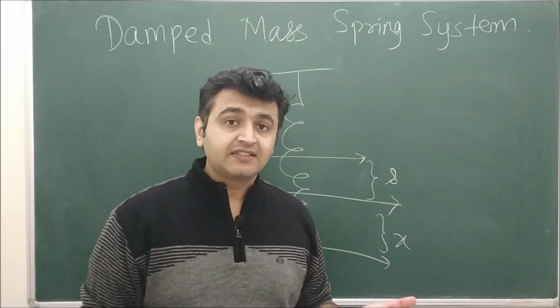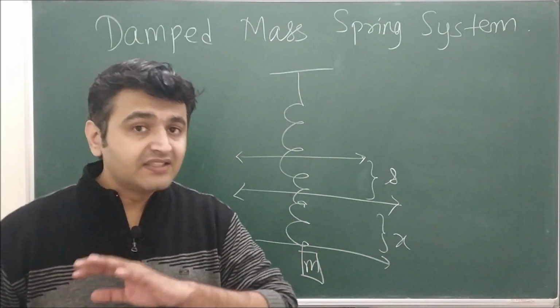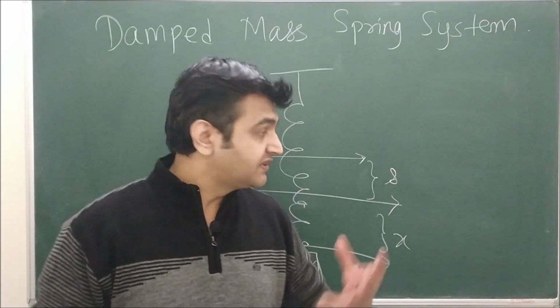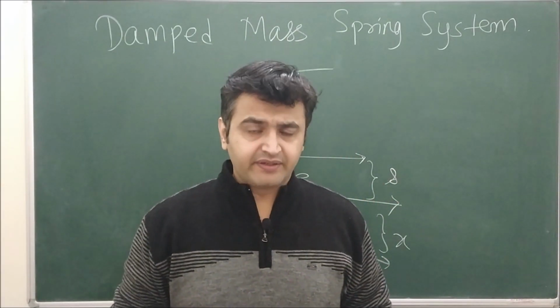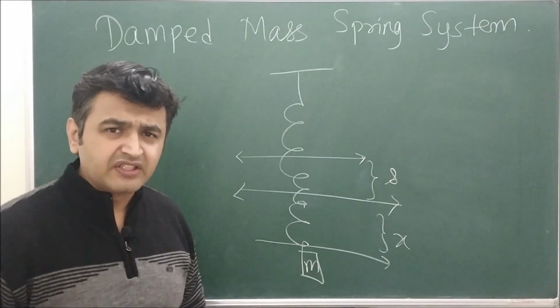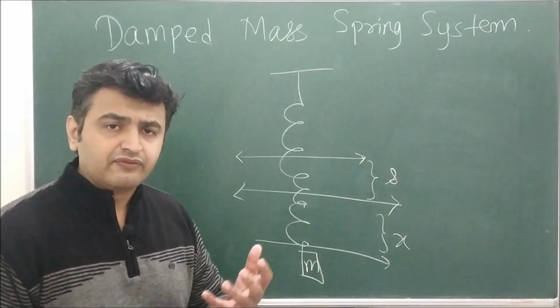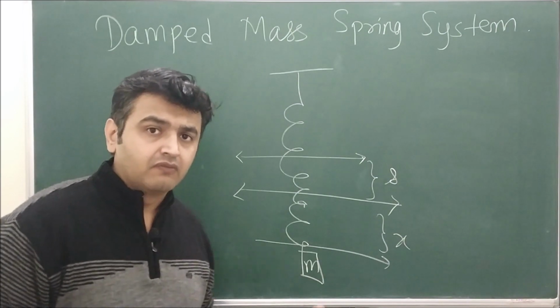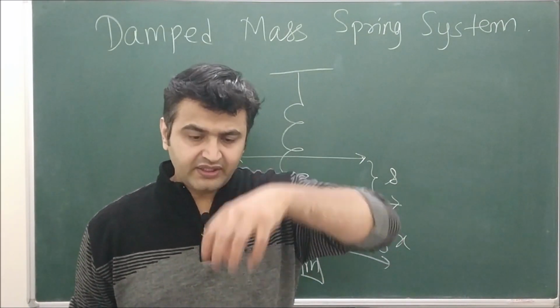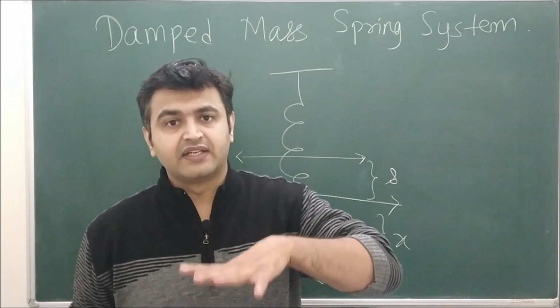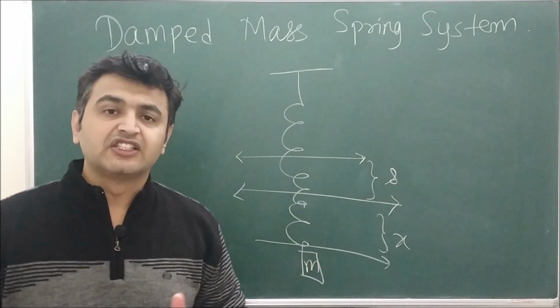Now in the previous case, that means in part 1, we assumed that there is no damping in our medium. That means it will keep on oscillating infinitely many times. But such a thing does not happen in the real world. So here either you will have air friction or whatever. So if you put a dash pot over here, what do we mean by dash pot? A dash pot is something that reduces the oscillation and will ultimately bring it to rest. So that's the job of a dash pot.